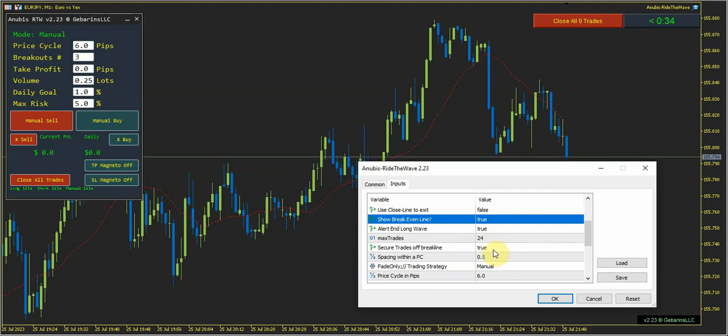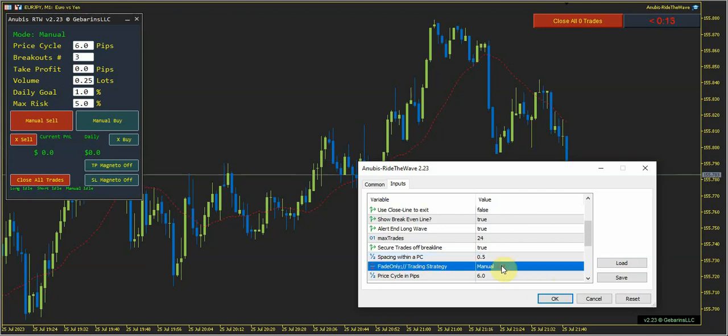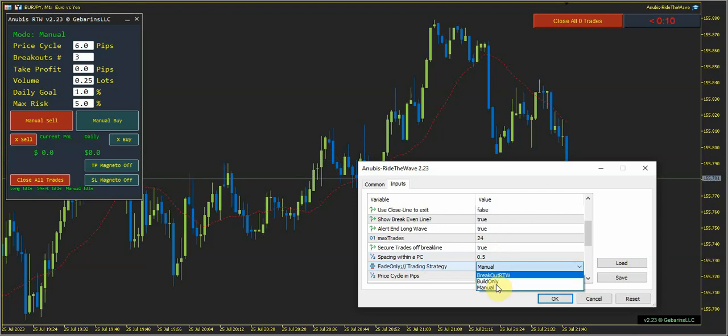3 layers. A layer is set to 0.5 of your price cycle. You can make that 0.4 or 0.6 or whatever. That will be your layer off of your price cycle. It starts with manual, but you can start anywhere on the 3 different modes, and that's the default